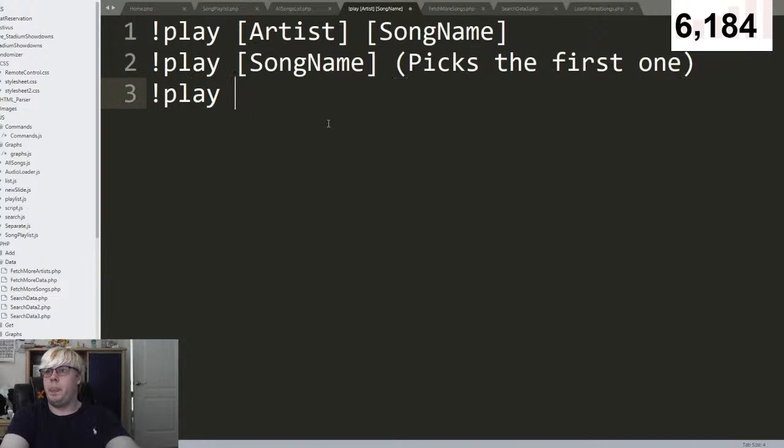Then you could do genre, so you could play country or whatever genre. That also plays into the randomizer part, where say you play rap, it'll just play random rap songs from the list. So I think that's how I wanted to do it. There's also other commands I was thinking. I'm not exactly sure how I would do it, but